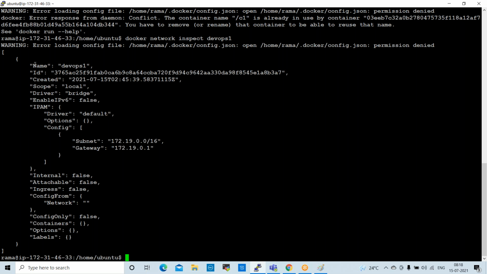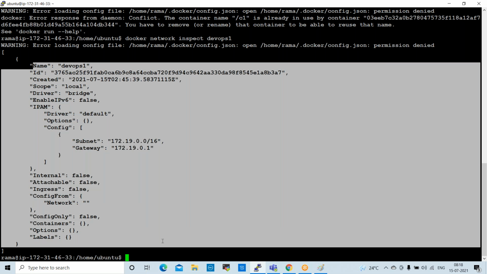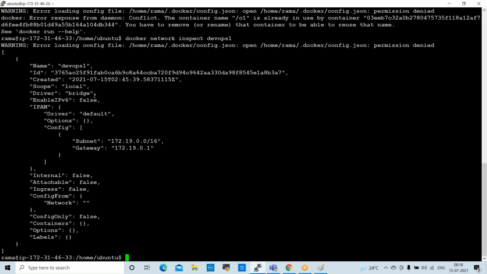In this network there is no C1 container, right? Let us try once again. Or else we do one thing: we create the containers first, then we'll move them into this network. In the test lab, normally some commands will not work. This is our community edition, so a few commands I already tried are not working here. So first we create containers here, and we can attach them to this network.